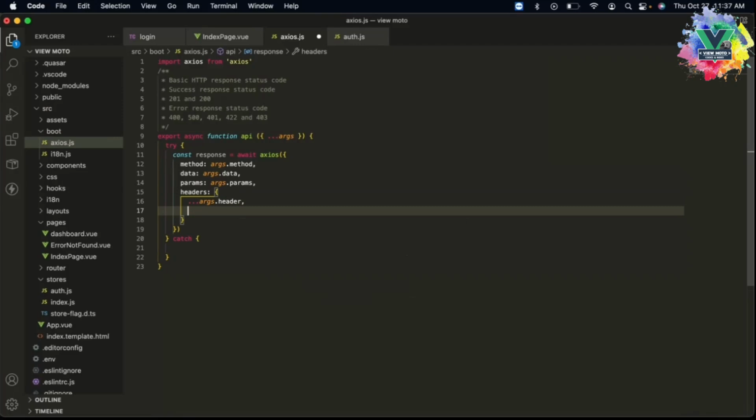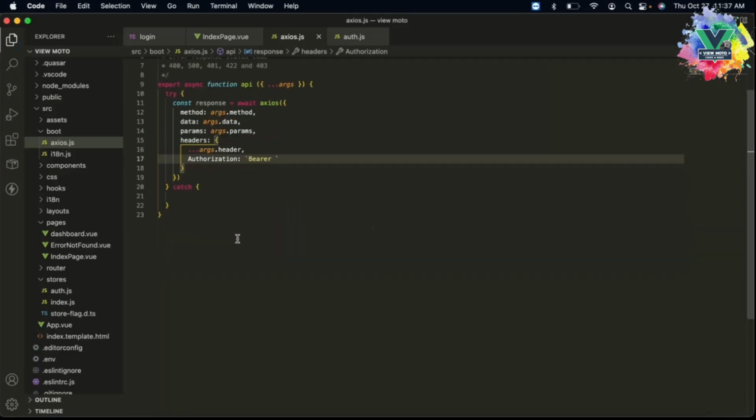and then authorization, Bearer, and then dollar sign. Let's put an empty value here for the meantime. The token will be empty for the meantime, and after that,